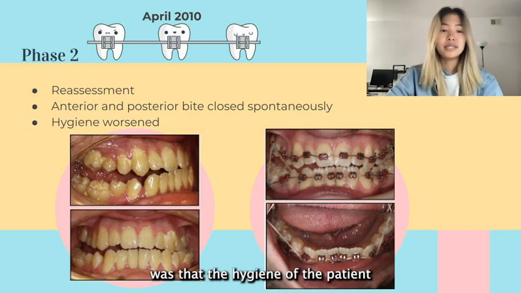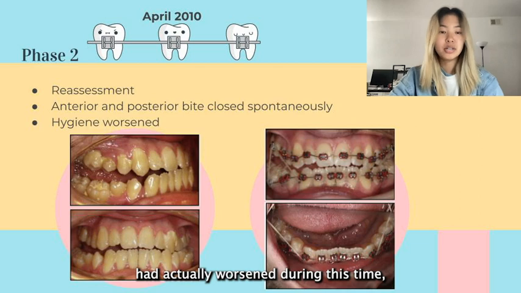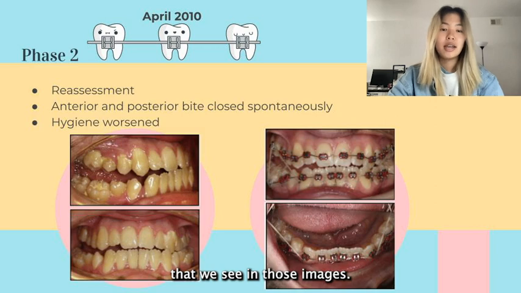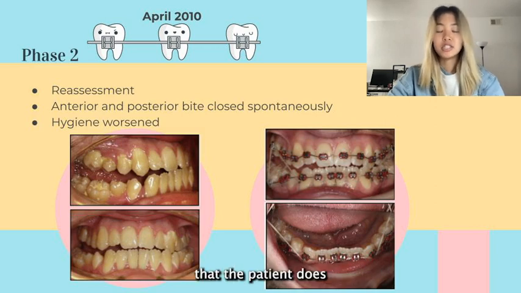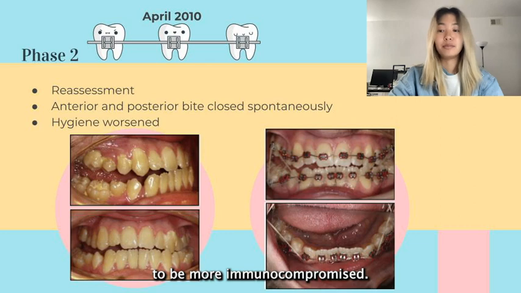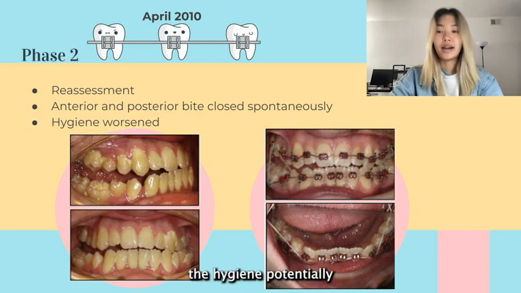One other thing to note was that the hygiene of the patient had actually worsened during this time, as indicated by the yellowing and the plaque that we see in those images. And we do know from the background that the patient does rely on the caregiver. So it is a possibility that the caregiver just wasn't as efficient at brushing teeth, but we also know that a patient who is recovering from surgery and already has more comorbidities is going to be more immunocompromised. So this definitely was a contributing factor in why the hygiene potentially could have worsened. That being said, the oral hygiene state was still not too concerning, that they were able to proceed with the